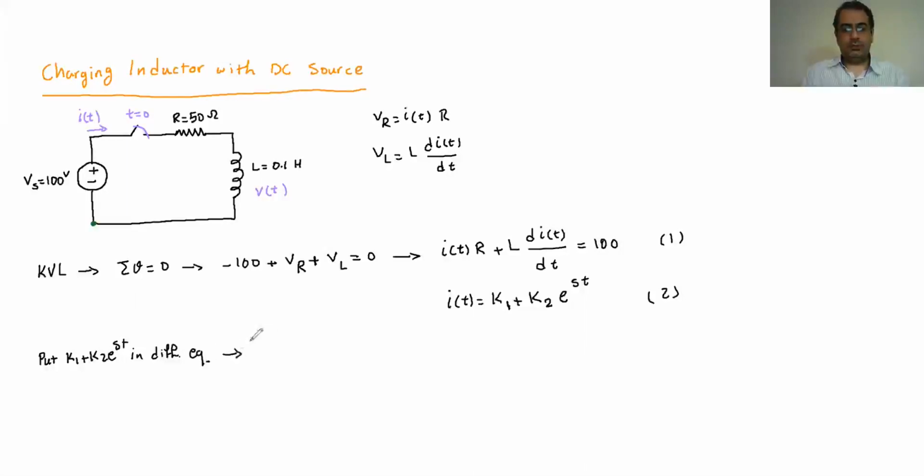If I replace every place I have I(t) here with K1 plus K2 e to the power of st, it's going to be K1 plus K2 e to the power of st times R plus L d over dt